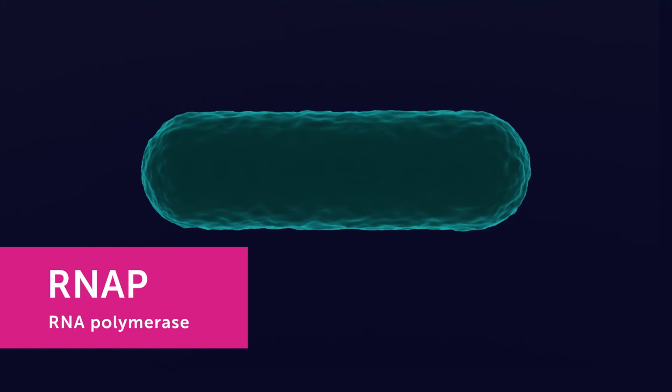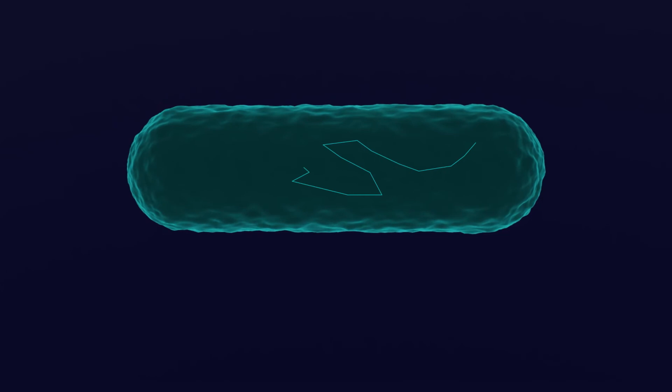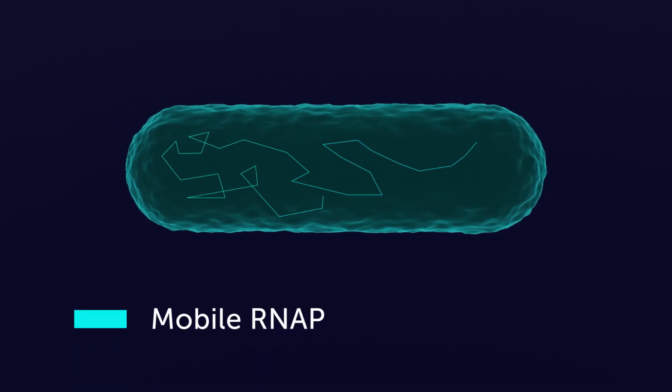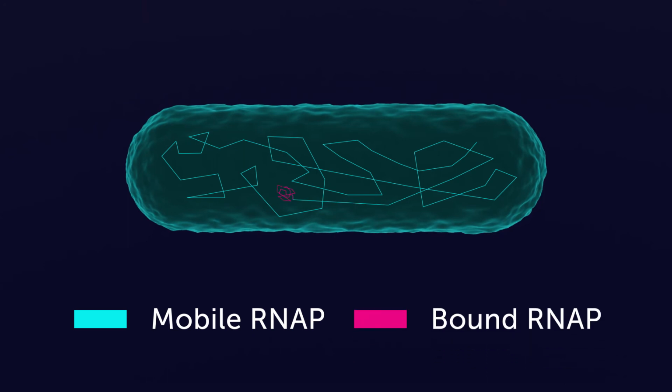For example, we track RNAP, a protein involved in copying DNA information into a messenger molecule to synthesize proteins. The RNAP molecules are observed to have two diffusive states: a fast-moving state, in which the protein diffuses around the nucleoid, searching for a DNA site to bind, and a second state, in which RNAP is bound to the DNA